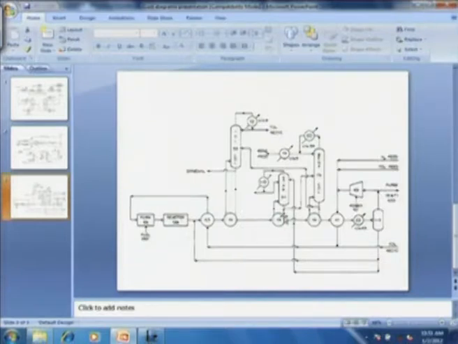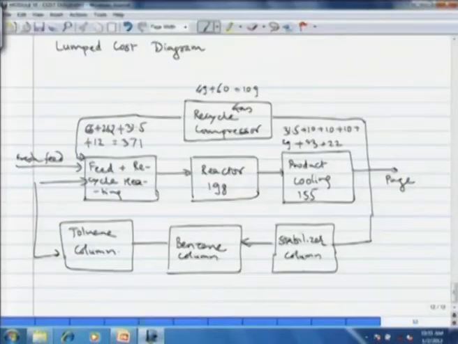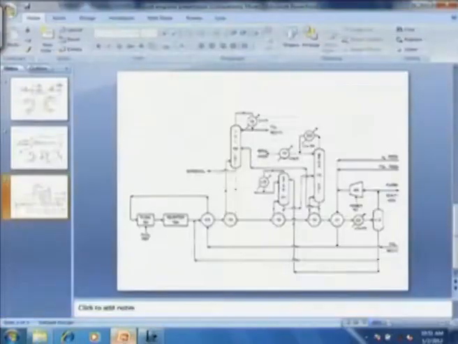Stabilizer column cost is $24,000 for the stabilizer plus $4,000 of the cost of operation of the reboiler. So that is $28,000. So 24 plus 4 is $28,000. Then benzene column. Benzene column has capital cost of $75,000 plus 4,000 of the reboiler plus 20,000 of the condenser, 54,000 for the cooling water for it, then another 14,000 for the subcooling condenser, and then cooling water for it $5,000. So that cost we add.